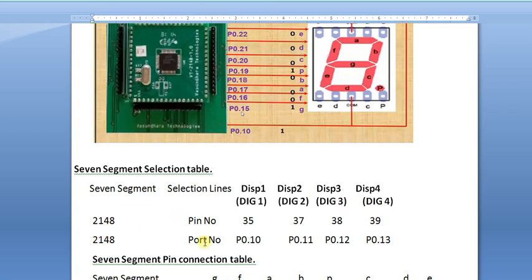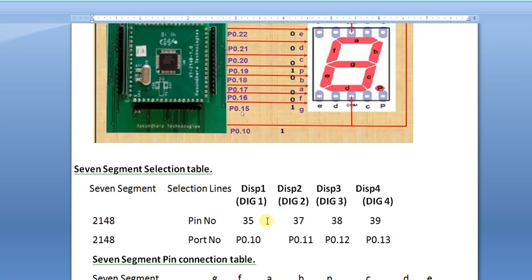The port numbers given here are port 0.10, 0.11, 0.12, 0.13. So 0.10 is used to control the display on digit 1 of the 7 segment LED. There are 4 LEDs, 1, 2, 3, 4.